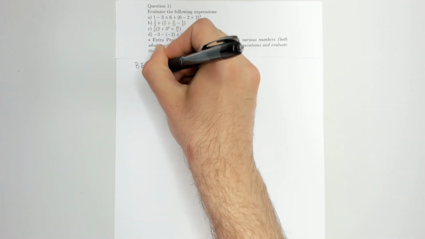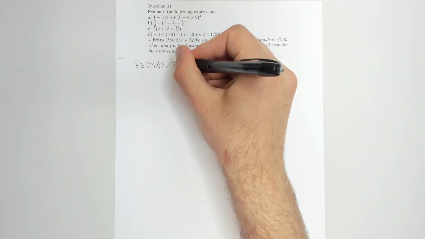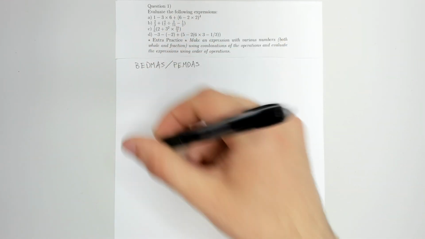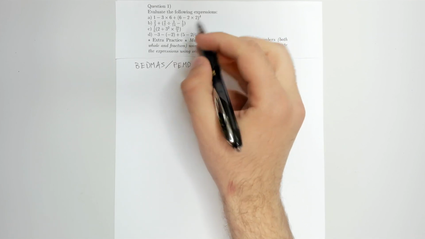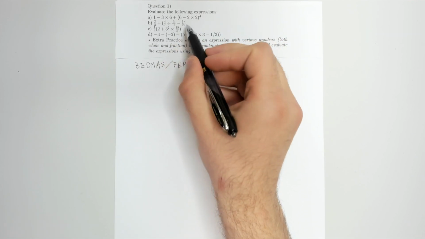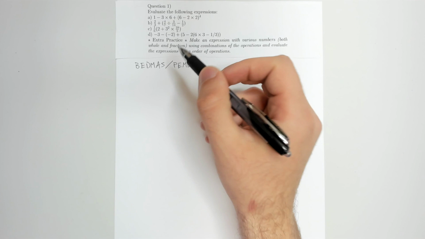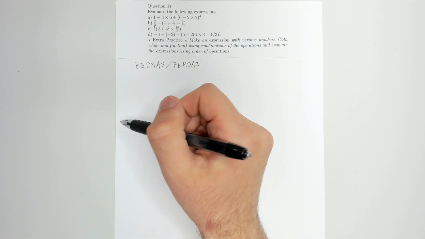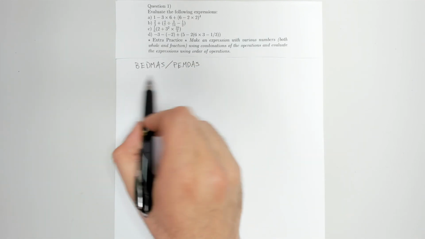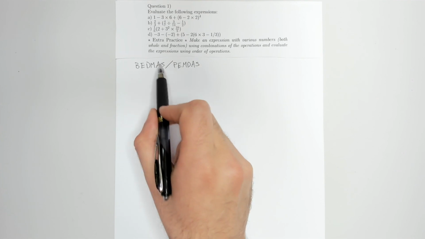Question 1. Alright, so question 1 says evaluate the following expressions. So this is where we're full on practicing the order of operations. The acronym that I taught was BEDMAS, either that or PEMDAS. It's kind of up to you. Technically, PEMDAS is a little better because these round braces are called parentheses, not brackets technically. But again, since this is really common, and this is the way I was taught, this is another way to